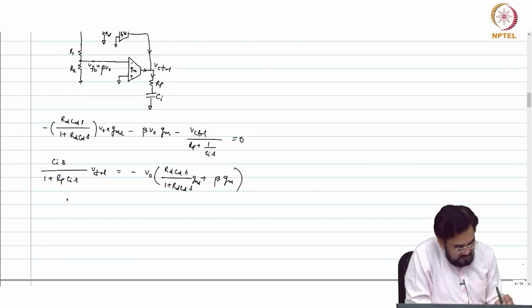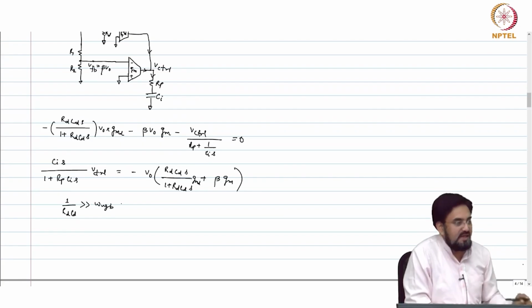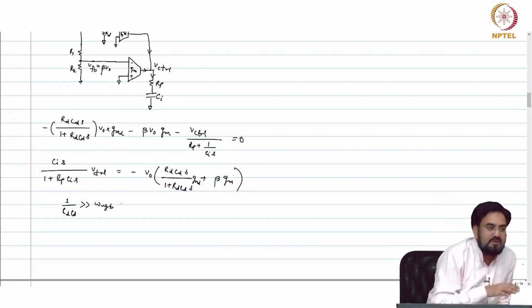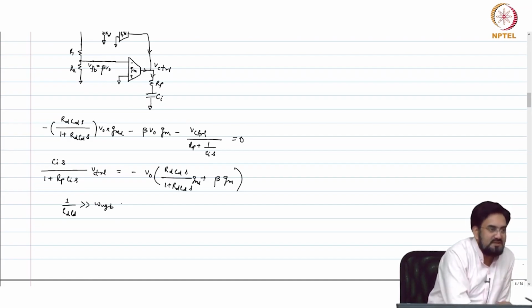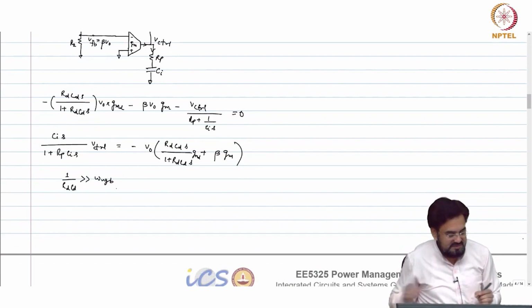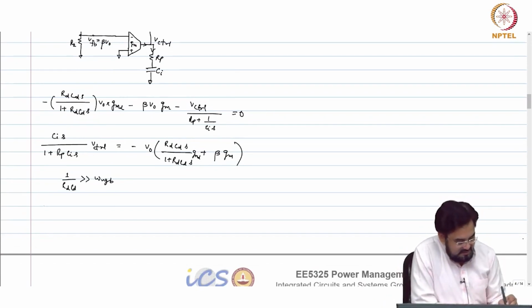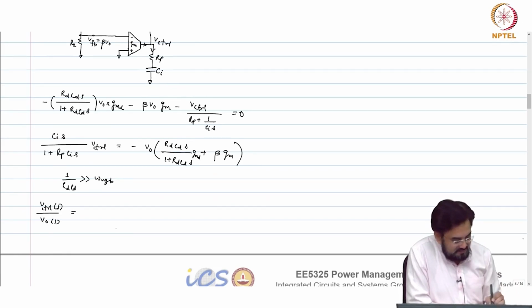So if I know 1 over RD CD is, I can ignore that. I want to place this pole outside UGB and that too at much higher frequency, 5 to 10 times, then I can ignore. So it will simplify this. So it will be minus beta GM minus GMD plus, so VCTRL over V out. GMD. So this will become 1 over